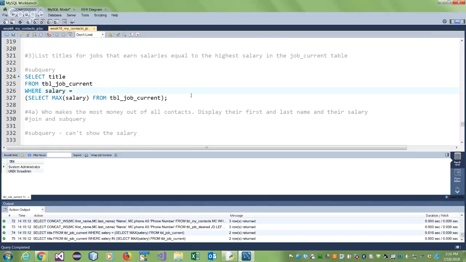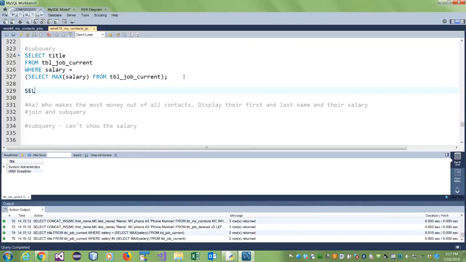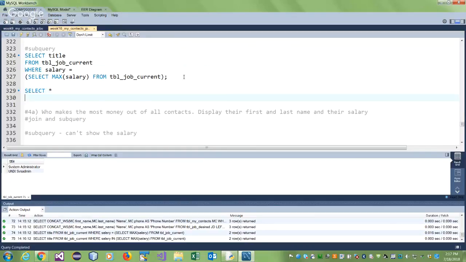So I can't answer that using a join because there is no join of tables here, right? Though having said that, a table can be joined with itself. It's really silly, but I can show you. You will see it somewhere. I'm trying to do something. Okay, give me a minute. A table can be joined with itself, guys. There's nothing that stops you from joining a table with itself. Sometimes we need to,